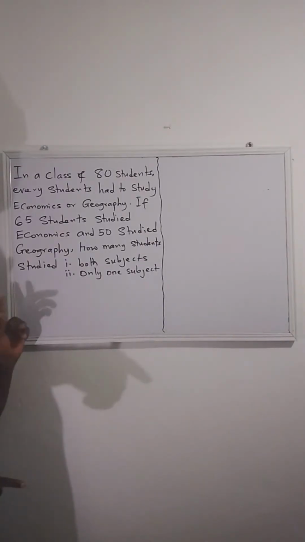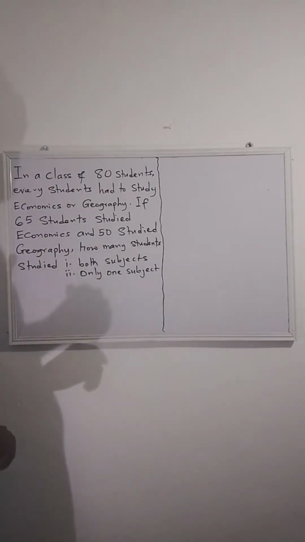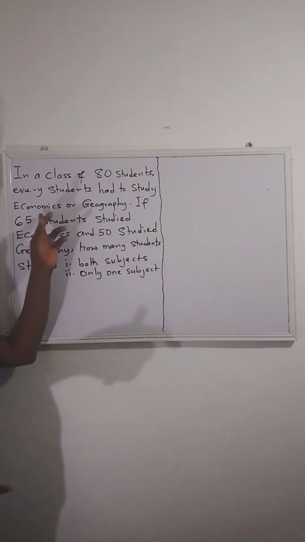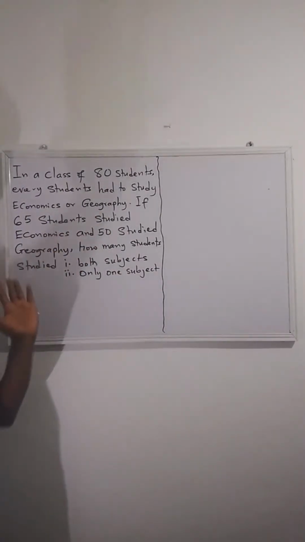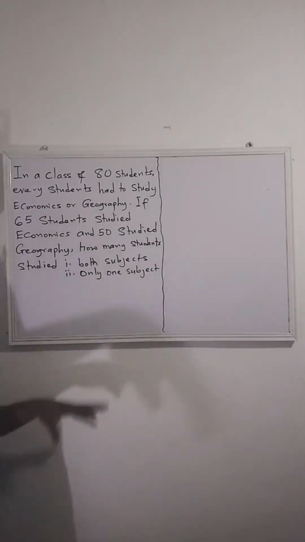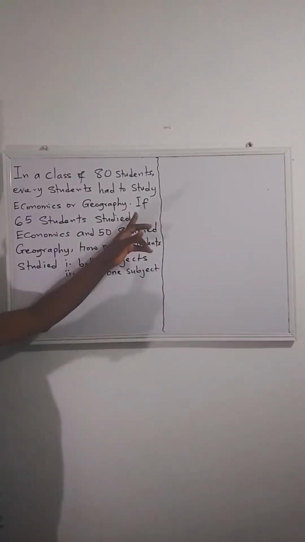But what the question is saying is that we must not have a student in that class, among these 80 students, that will not study either economics or geography. So in other words, any student in that class must study either this or this. Is that taken now? All right, now let's move to the next